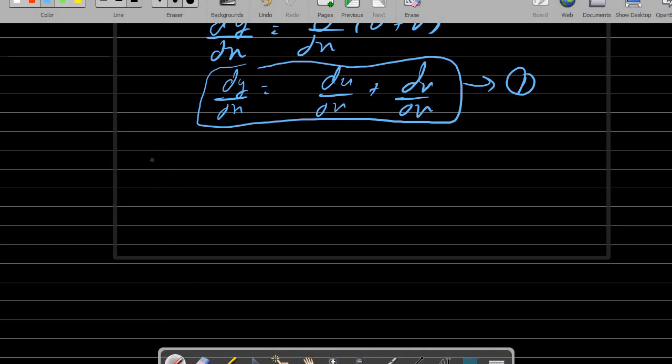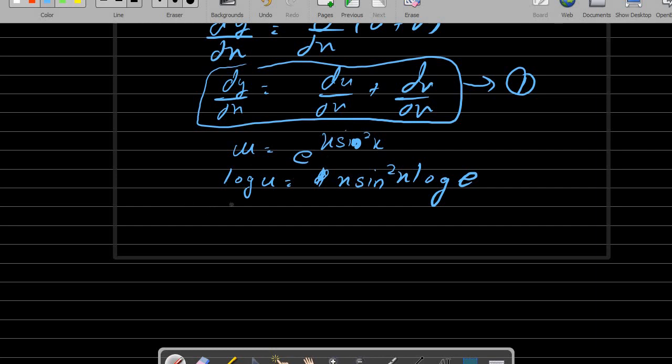So let's proceed, starting with du by dx. I'll take u is equal to e raised to power x sine square x. If I take log on both sides, I'll not write it as it would waste time unnecessarily, but you have to write it in your examinations. You cannot just skip, as you might lose marks. So you can write log u is equal to x sine square x log e. I'm doing this because the exponent can come down. When we use log, x sine square x would come down, that would become log e.